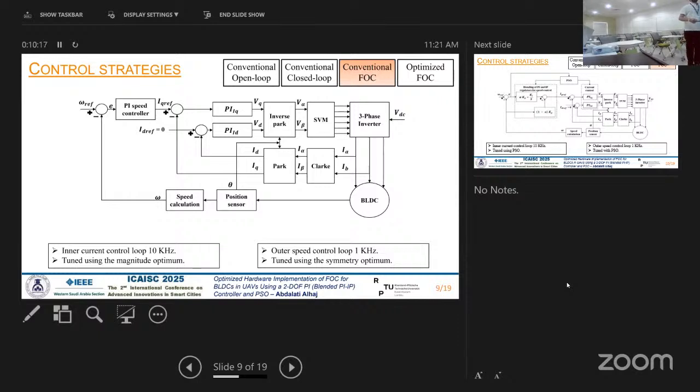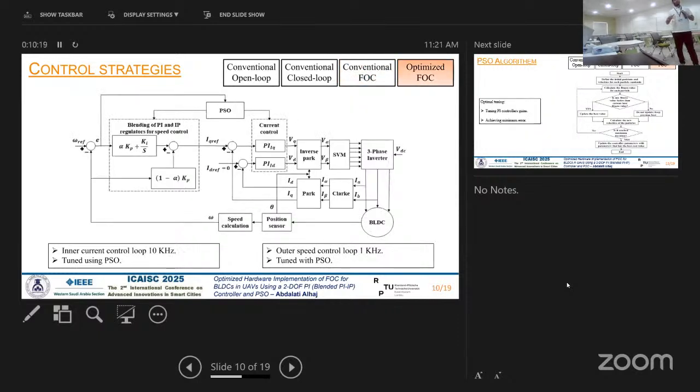And yeah, finally, we move to our proposed optimized method, which is just FOC. However, instead of using a normal PI controller here, we use a 2 degree of freedom PI. As we mentioned before, we use this to add more degrees of freedom to the system and to make the bandwidth of the system larger, which can handle disturbance more than a normal PI controller. And when we use this blended or 2 degree of freedom controller, that means we have more degrees of freedom. Even from the structure, we can see that the system will be mathematically more complex and difficult to tune by mathematical